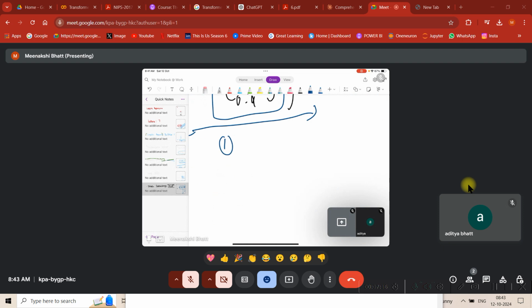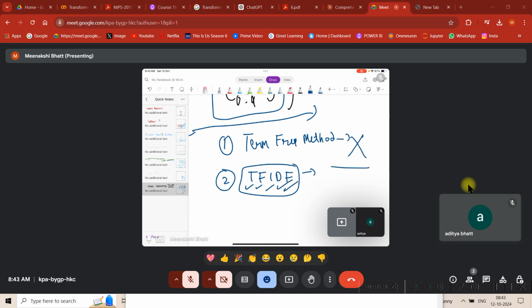And yes, now let's just move to some basic methods. So today we'll be discussing two methods. One is term frequency method and another one is TFIDF. This is term frequency inverse document frequency. Don't worry about these methods guys, no one uses it right now, but yes, important to just get a glimpse of how earlier text modeling used to happen. And don't worry, I have code snippets and everything with me. I'll share that with you as well.